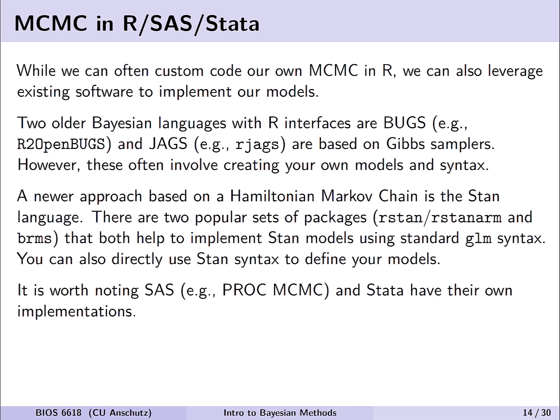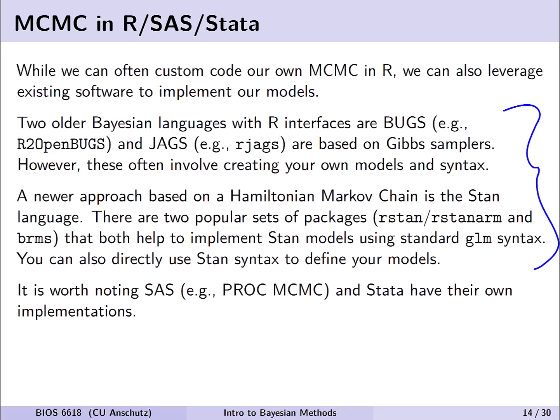Now, we're going to, of course, focus primarily on R, and we can note, starting off here at the top or middle two paragraphs, there are two older Bayesian languages with R interfaces, which are known as BUGS and JAGS. They are based on Gibbs samplers. However, they often involve creating your own models and syntax and piping in between the Bayesian language and the R interface, and can be a little clunky these days, but they are very efficient and useful in many cases. What we'll primarily focus on is a newer approach based on a Hamiltonian Markov chain, which is known as